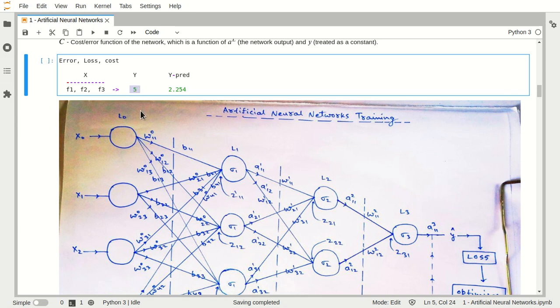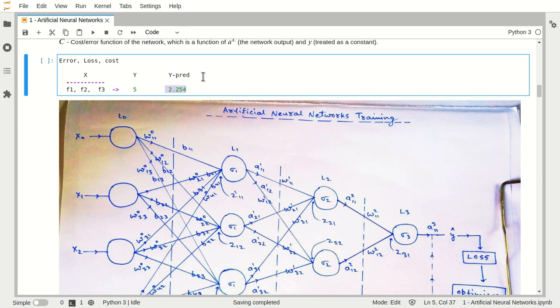The model is saying that according to it the Y value will be 2.254, but the original value is 5. So in real time this Y prediction should be equal to 5. If it is not equal to 5, then our model is giving a wrong result, right?